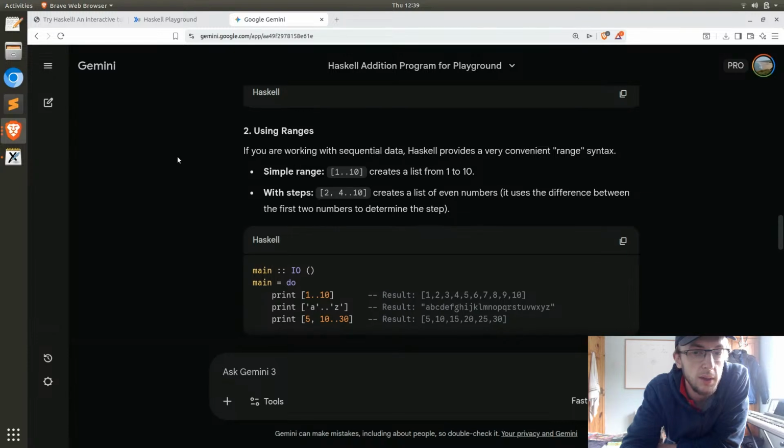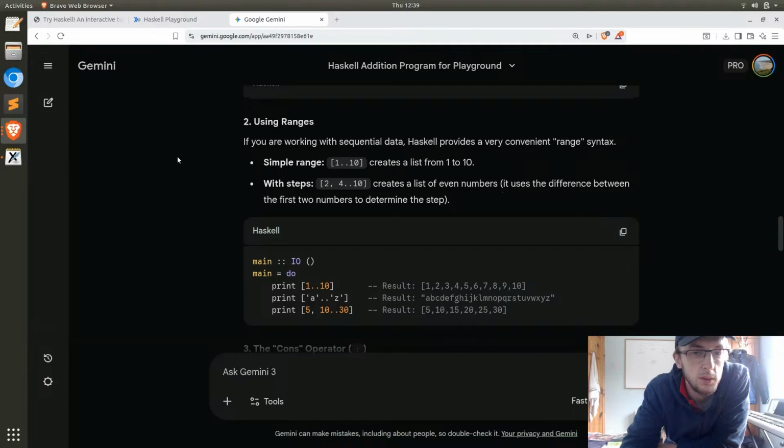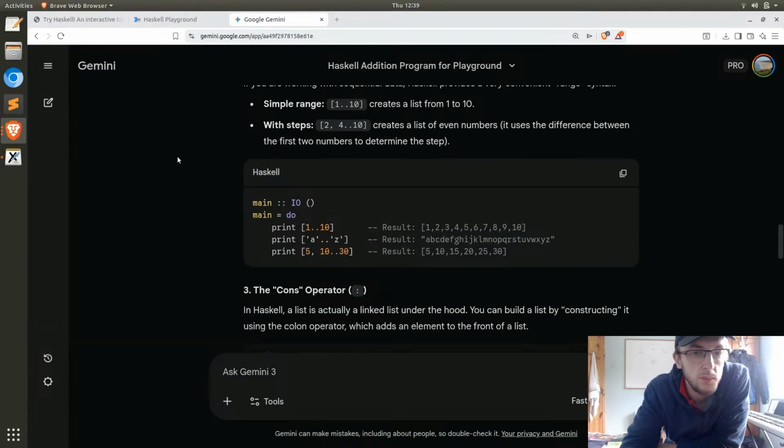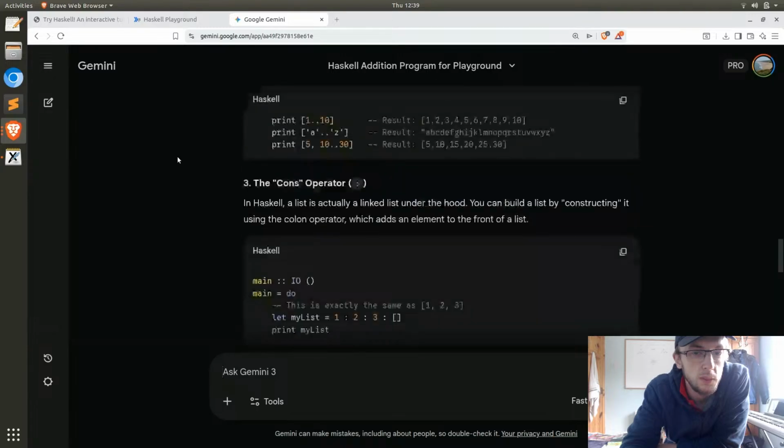Dot dot gives me that. But the third one is what